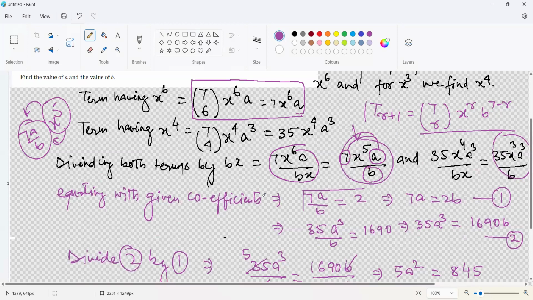So that 7a upon b is equated with given value 2. And I did the cross multiplication. So 7a is equal to 2b. Similarly, the other term divided by bx got this, and we have the coefficient of x cube. What is the coefficient of x cube? Here it is 35a cube over b. This is the coefficient 35a cube over b. That is